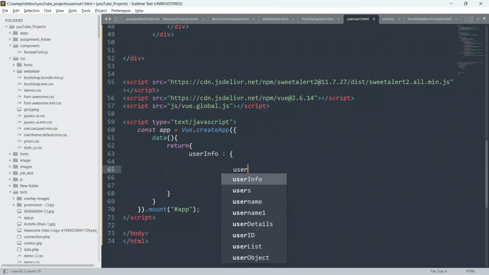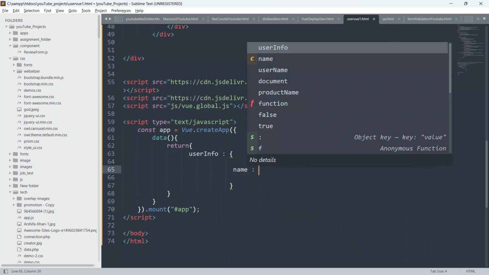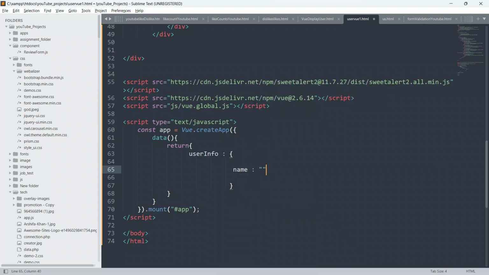Now I'm going to create some properties. Give name, colon, and as of now give an empty string. I will write a comment for you also: user name input. Then hit enter, give number, colon, and as of now assign an empty string.